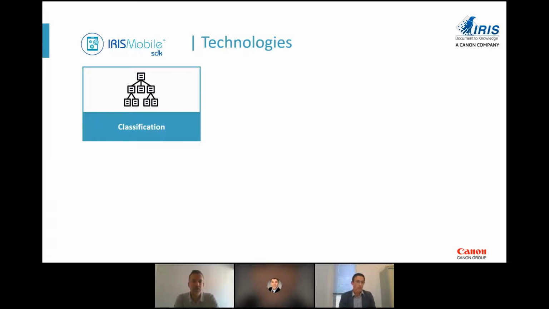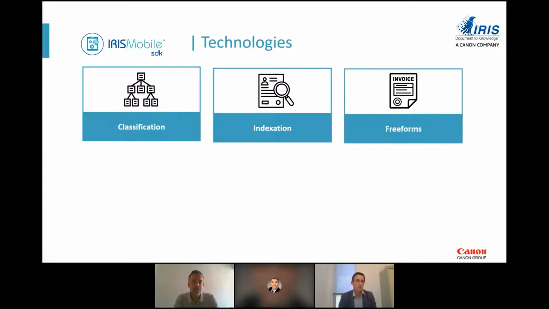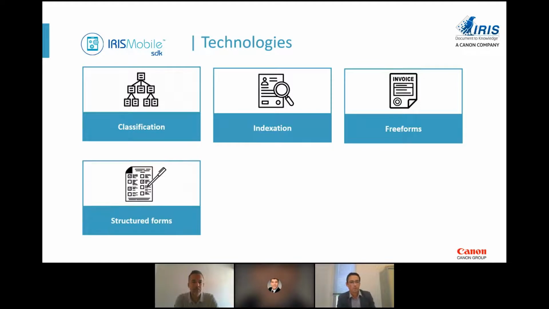And then once we have sorted, we can do the indexation of the different types of documents. And there you can think about whatever you want. In a mail, it might be a name. In an invoice, it will be the date and so on. The data that we will extract will depend on whether it is a free form or a structured form. So we support both. The free form is something like an invoice where you know which info to look for, but you just don't know where it is. So we are able to look for the information all over the document and find it.